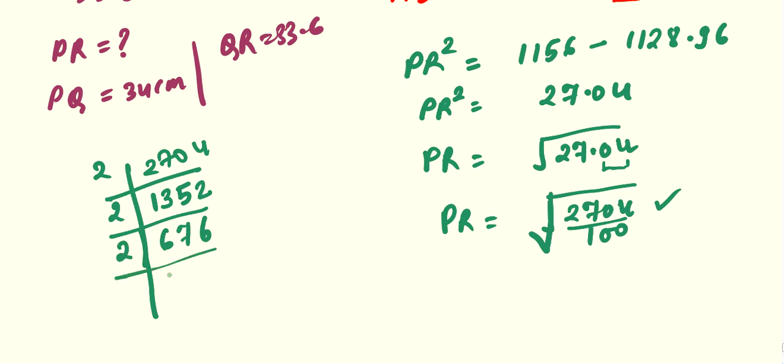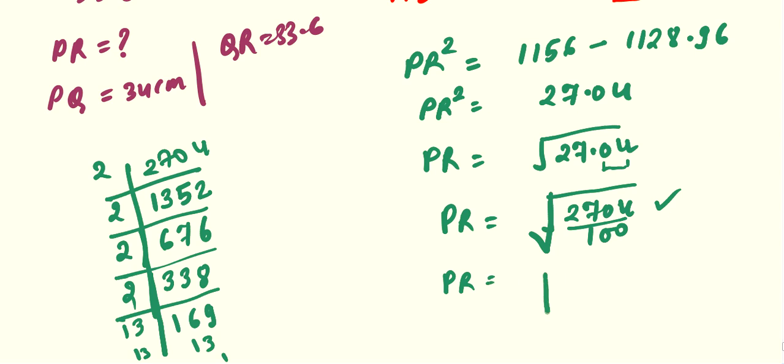Then again from 2, 2 3s are 6, 2 3s are 6, 2 8s are 16. Then again from 2, 2 1s are 2, 2 6s are 12, 2 9s are 18. Now this 169 is divisible by 13, 13 1s are 13. So we got here PR equals to